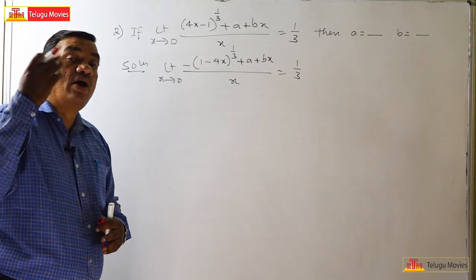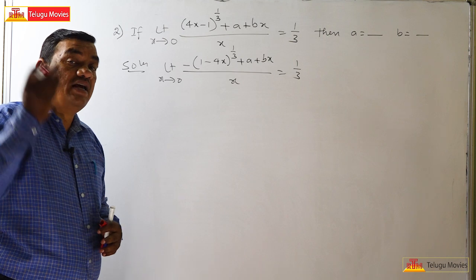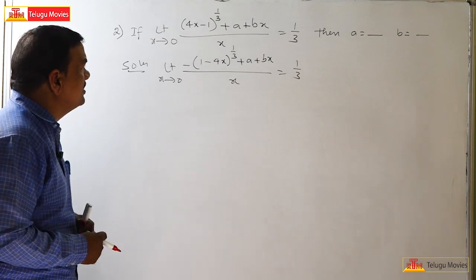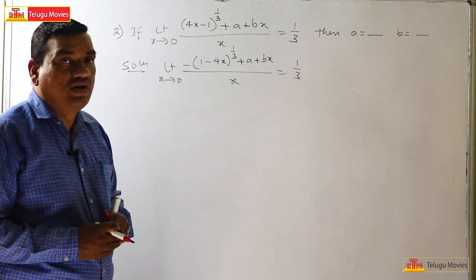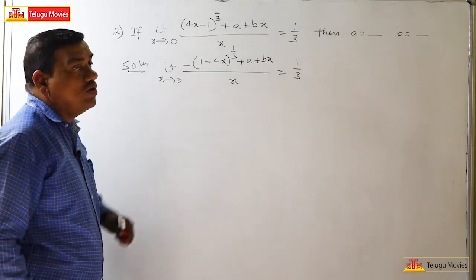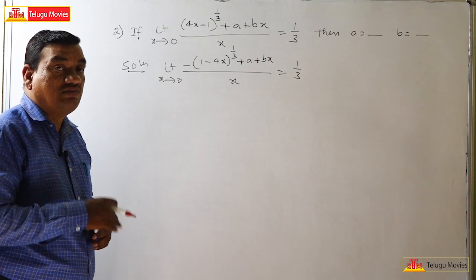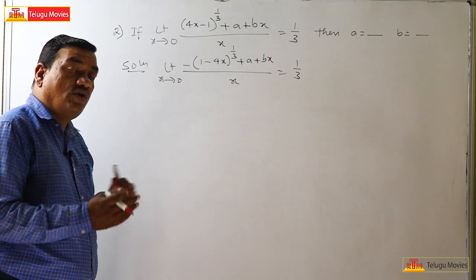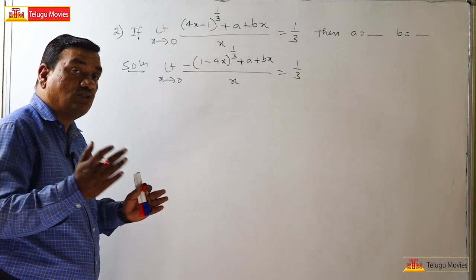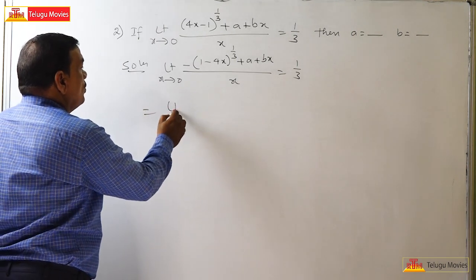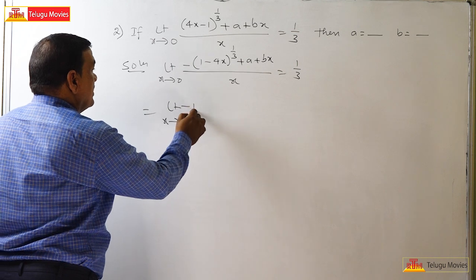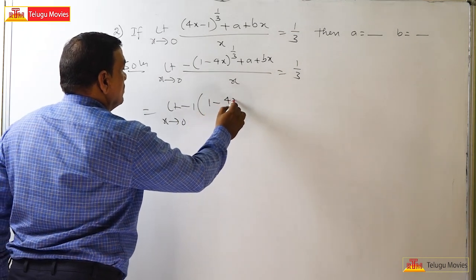So there we can avoid x and higher powers of x. Here we have to treat that mod x is less than 1, it lies between -1 and +1 as x approaches 0. So as x approaches 0, we can consider the interval -1 to 1. Now, this is equal to limit x tends to 0, -1 into 1 minus 4x